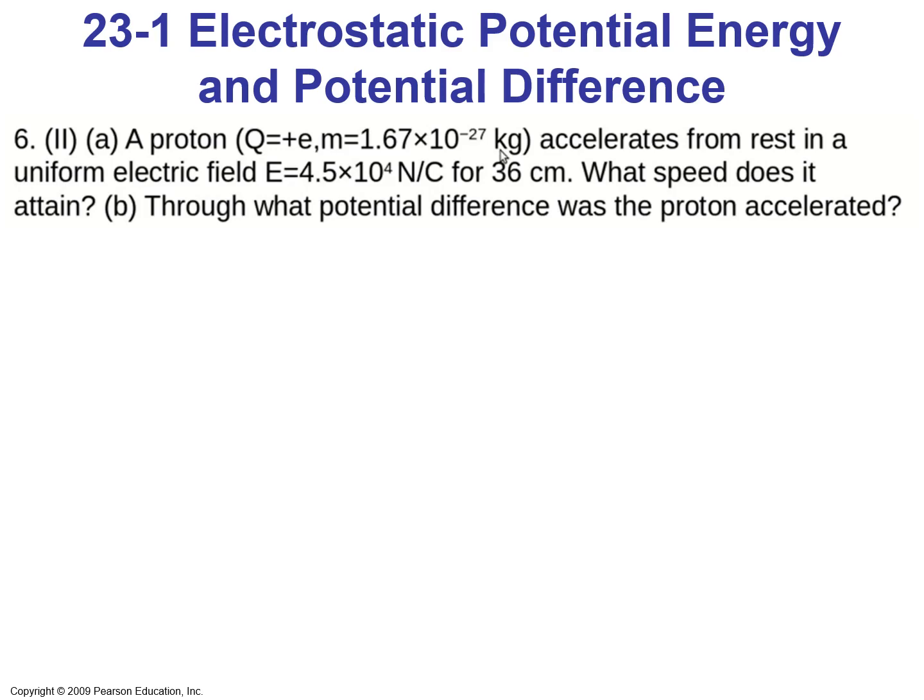All right, since the electric field is uniform, the proton will experience a constant force, and therefore we will observe a constant acceleration. The initial velocity is 0 because it starts to accelerate from rest, so we can say V0 is equal to 0. And the displacement is delta x, that is 36 centimeters, right? So we can use equation 2-11